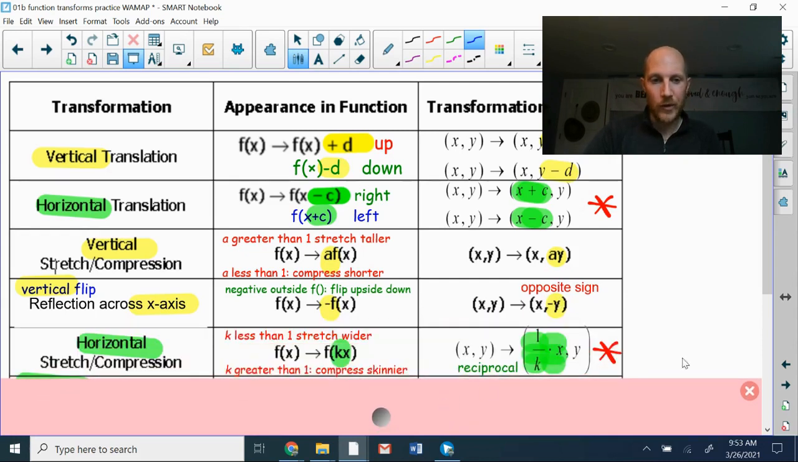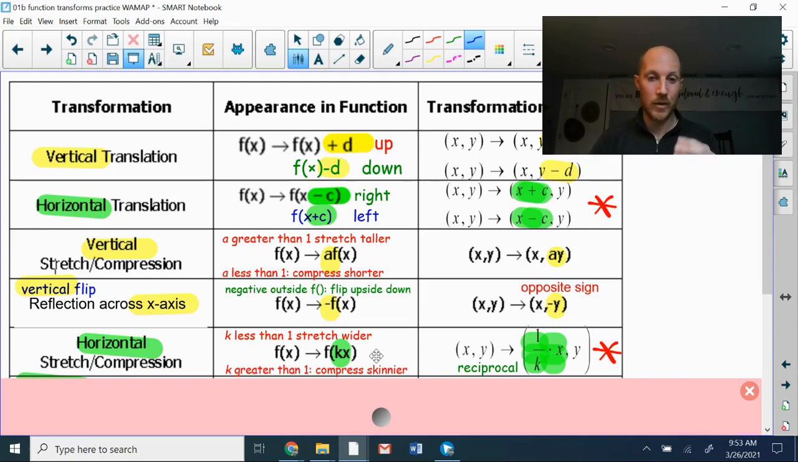Okay, moving on to horizontal stretch and compression. So this is probably the trickiest one out of all of these transformations. So we're going to see this as a k, some number k, being multiplied inside the parentheses. It'll be multiplied onto the x. And if that k number is a number larger than 1,